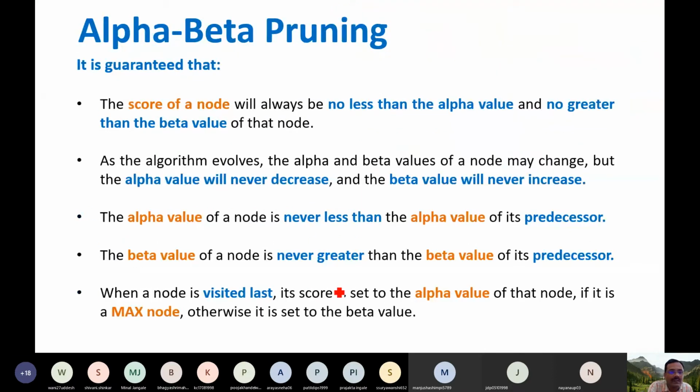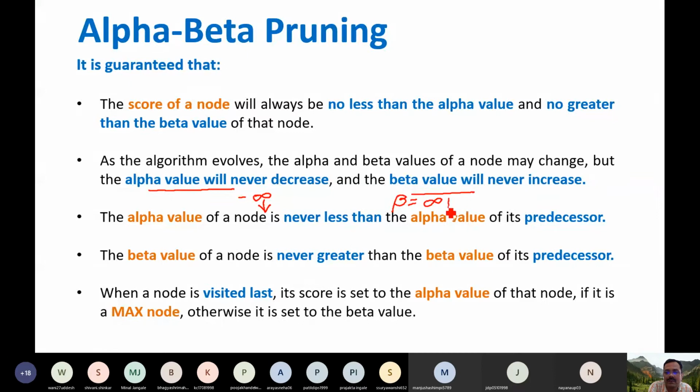We have seen that the alpha value should never decrease, because alpha is initially minus infinity, so it should increase, and the beta value should never increase, and we know that beta initially is infinity.